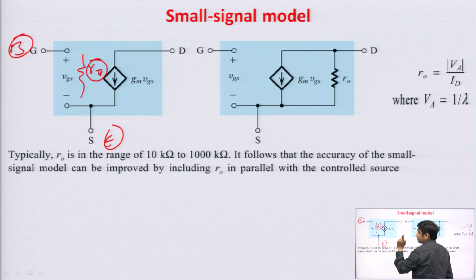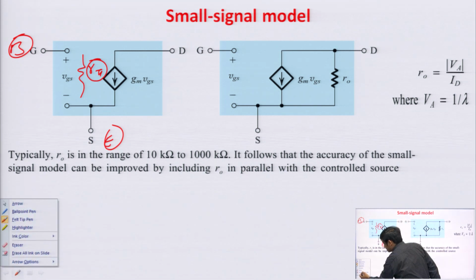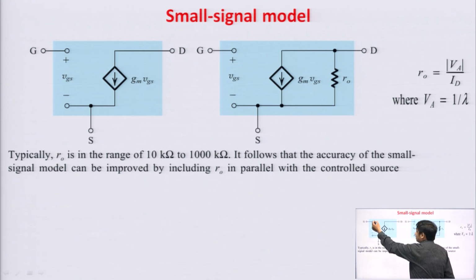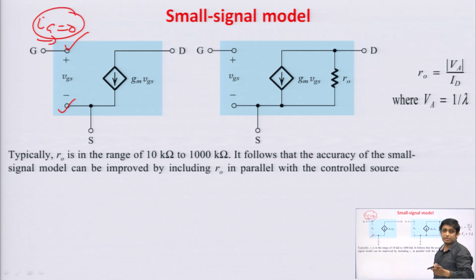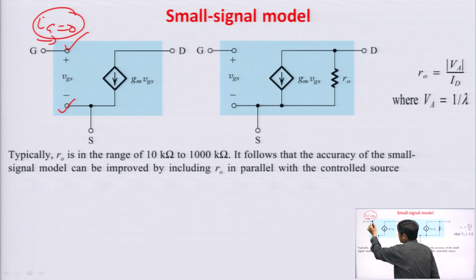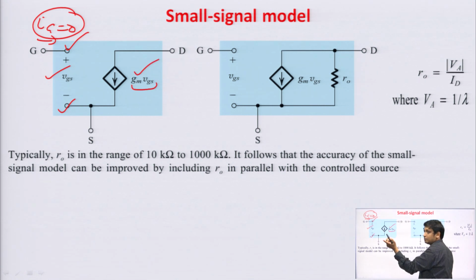But in case of MOSFET, the difference is that now there is no resistance connected in between gate and source. So, we say that your gate current is 0. Why is the gate current 0? Because of the structure of MOSFET, there is a SiO2 layer, a silicon dioxide insulating layer between metal and semiconductor. Because of that, your gate current is 0, that current is 0 means open circuit. And again there is a voltage dependent current source, that is gm into vgs. In BJT we had written gm into vbe, here we have written gm into vgs, fine.